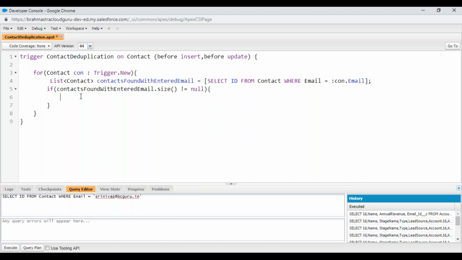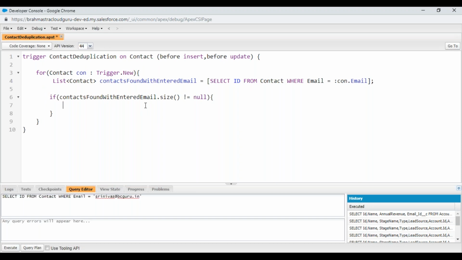Null means nothing. So other than null, there is a record found. Null means no record found with that email ID. Other than null means records found. This list size I am checking. If this list size is other than null, that means one record is already present with that email ID. For all such cases, other than null, what I am doing